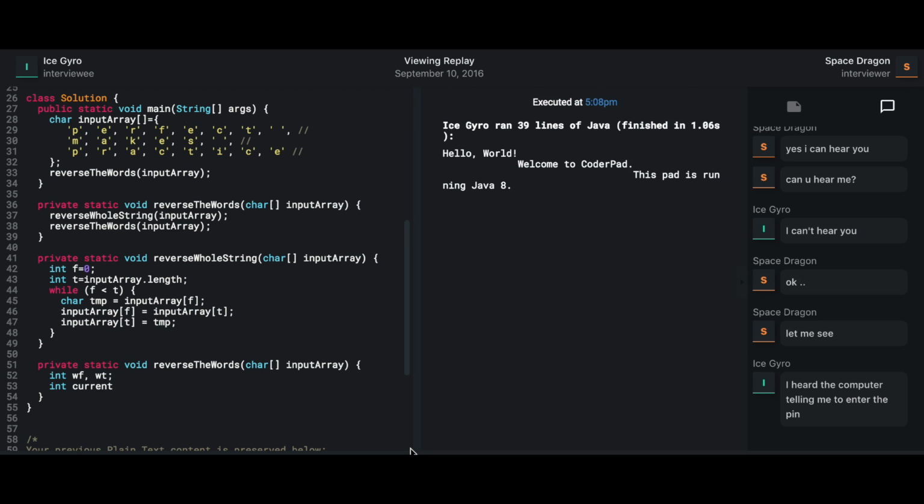Current's going to just start there, and we're going to say while current spot in the array is